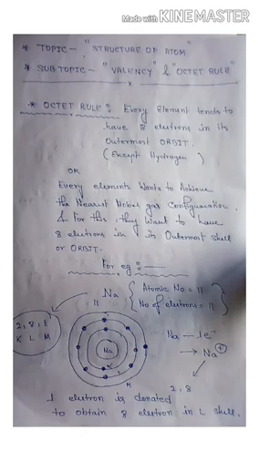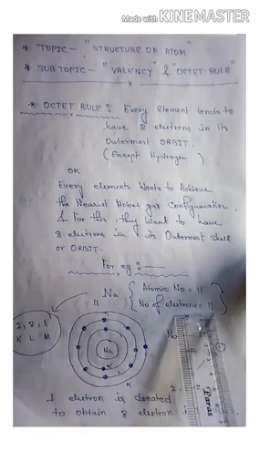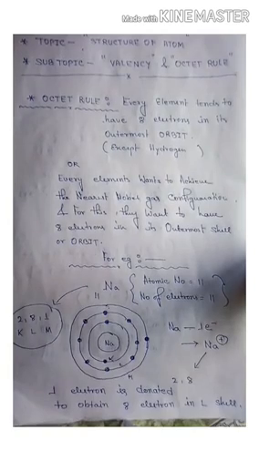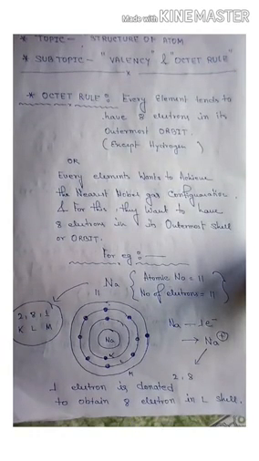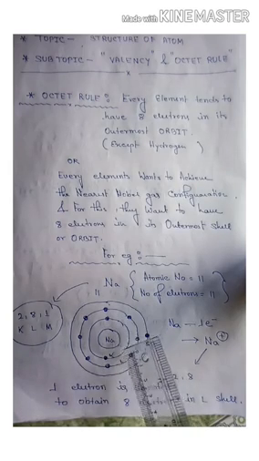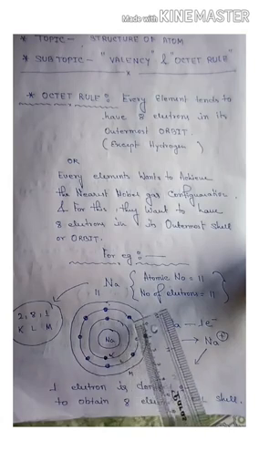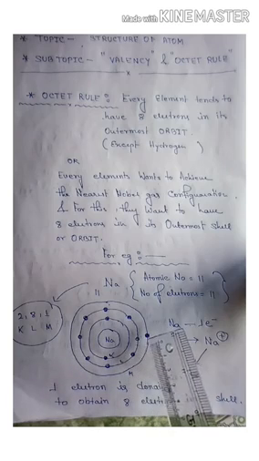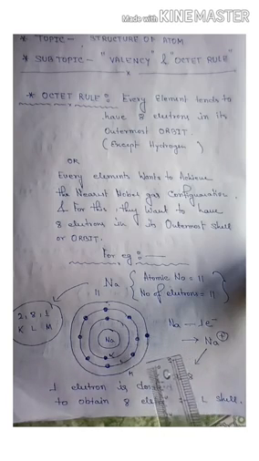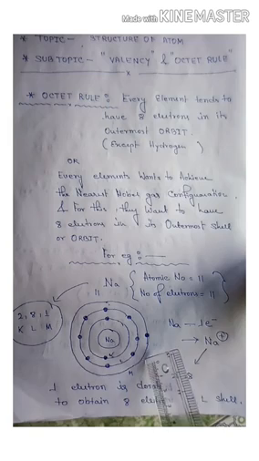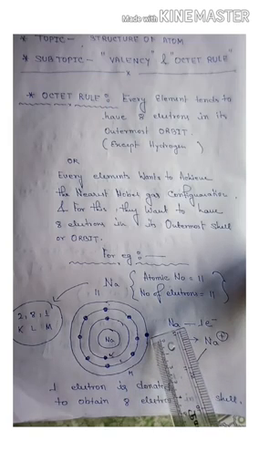For example, if you have sodium, you know that the atomic number is 11 or the number of electrons or protons is 11. So if we give electrons in its shells or in its orbits, you have to see that in K orbit or in K shell you have to give 2 electrons. In L shell you can give the rest 8 electrons. More than 8 electrons you cannot give, right? Now you have only 1 electron left and you have to give it in M orbit. Now here the outermost orbit is M orbit and there is only 1 electron left.